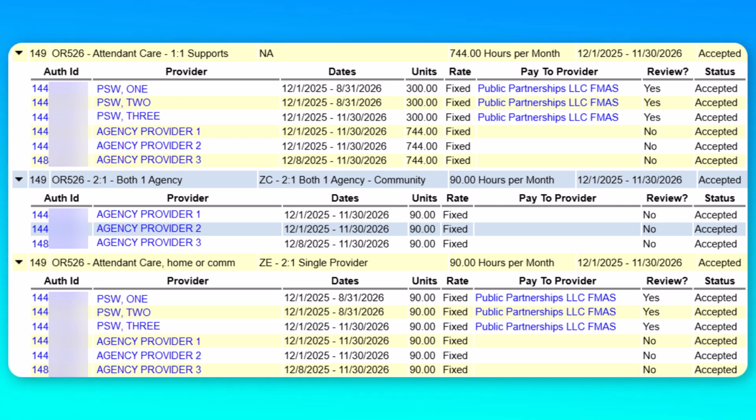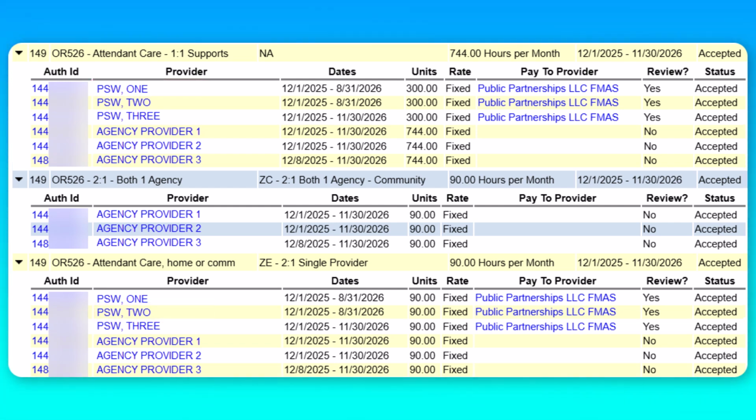In this scenario, it's possible for the 2-to-1 services to be provided by a single agency provider sending 2 direct support professionals, such as if agency provider 1 did that under OR526ZC, 2 agency providers sending 1 DSP each, such as if agency provider 2 and agency provider 3 billed under OR526NA and OR526ZE, or a personal support worker paired with another personal support worker or an agency direct support professional, such as if PSW1 provided service along with PSW2, one of them billing under OR526NA and one billing under OR526ZE.